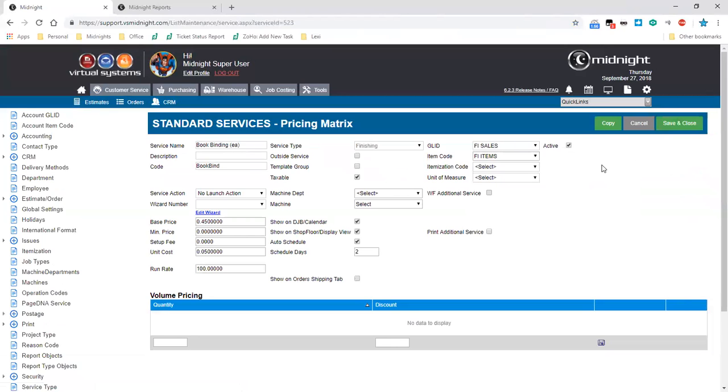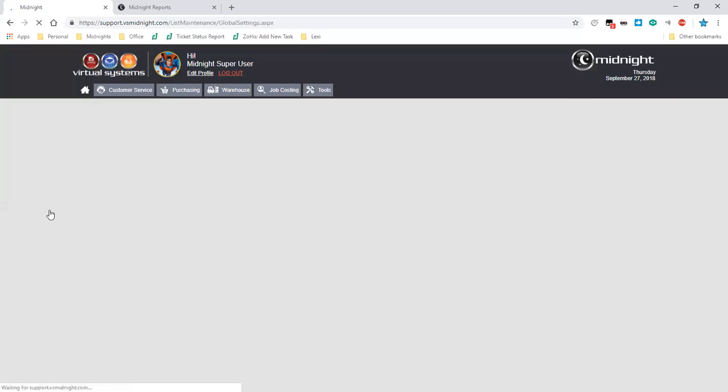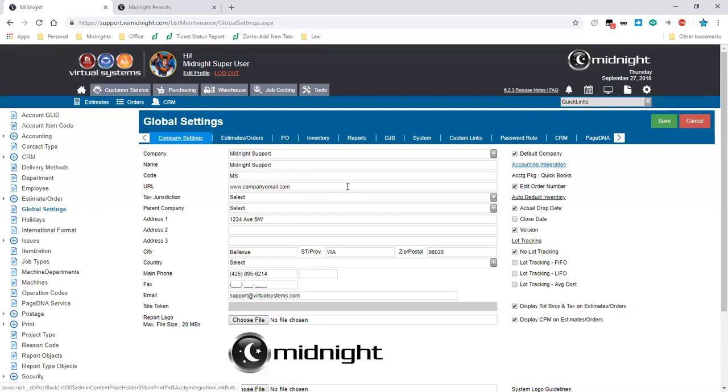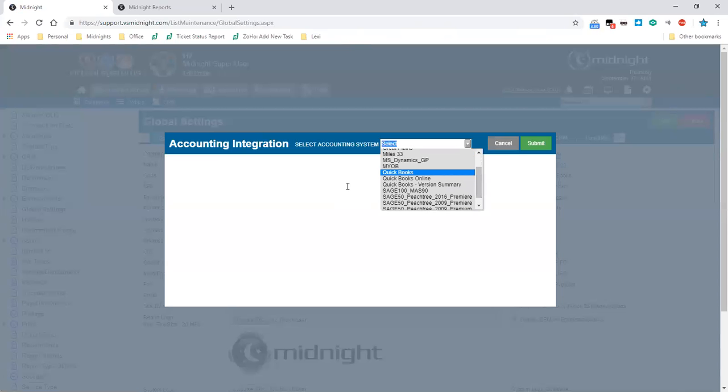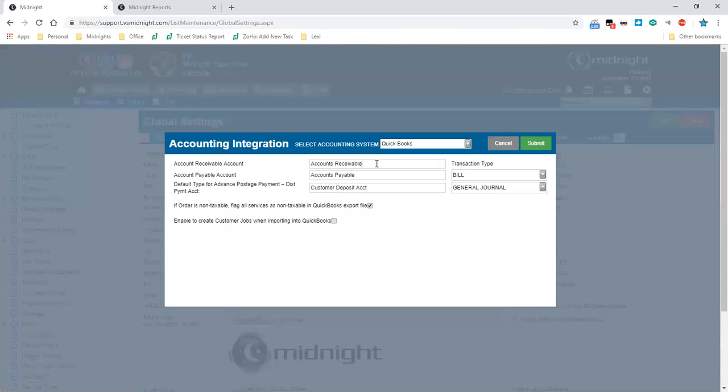After making sure these are set up to match your accounting software's needs, you can also be sure to select under your global settings the accounting integration package that you'll be using. In here, if you are, say, using QuickBooks, select it from our list, fill out your appropriate accounts receivable and payable information,